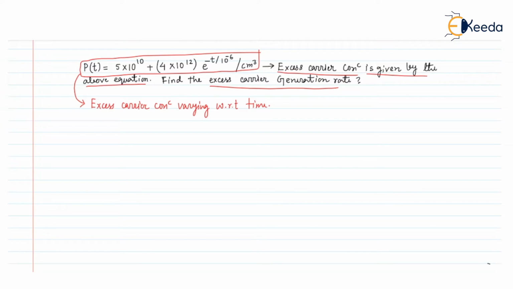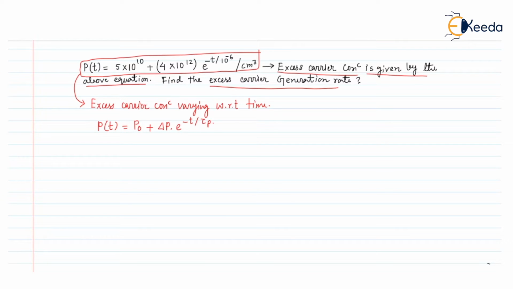So the general equation where the excess carrier varies with respect to time, we know that equation is Pt equals P0 plus del P e to the power minus t by tau P,